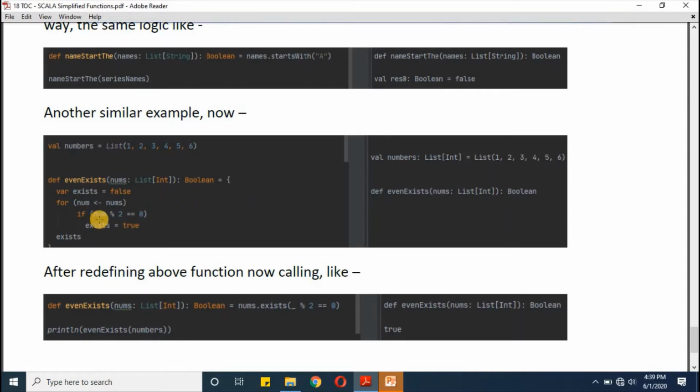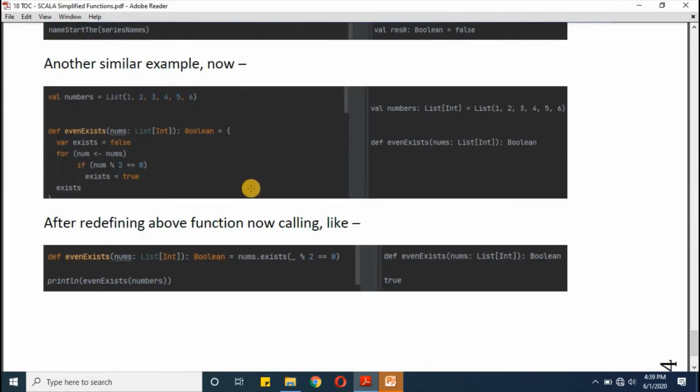Here we have a condition for numbers: mod 2 is equal to 0. If this condition is met, then we reassign the exist value from false to true, and then we return the same value. So in this list, since even numbers 2, 4 and 6 exist, it should return true. And this was a little imperative style, so we will see the functional style.